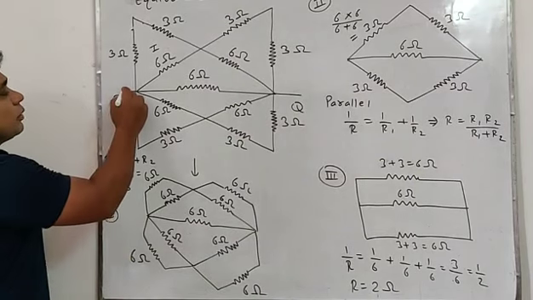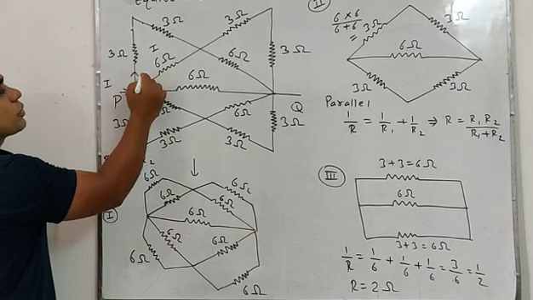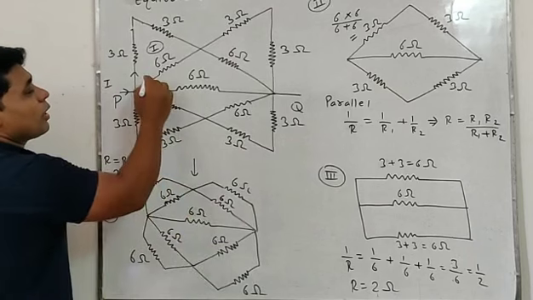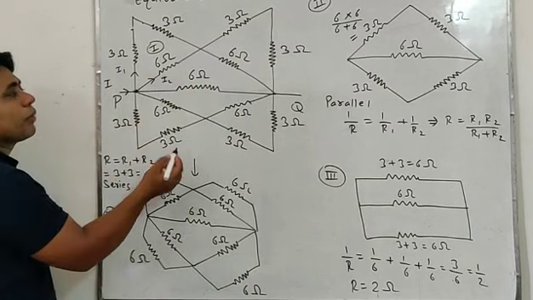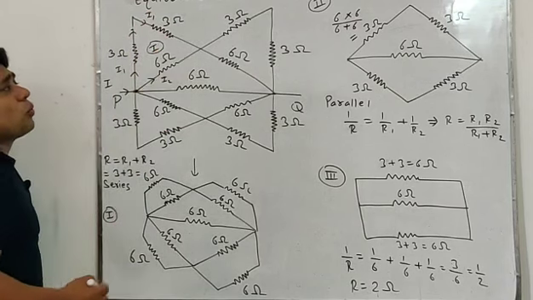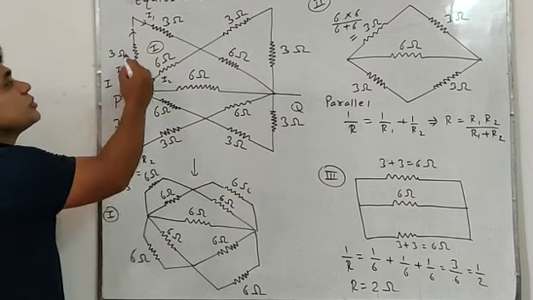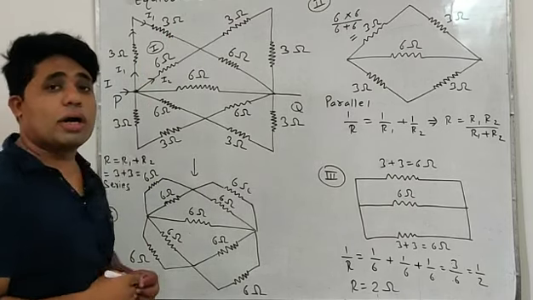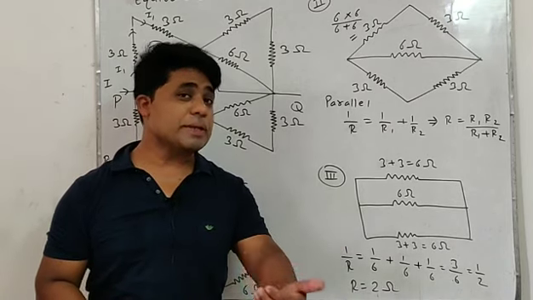Look students, when we flow current at this point, the current divides. Suppose this is our first circuit, we'll discuss only this first circuit. Current is basically divided into two parts, I1 and I2. I1 will flow through that resistance also. It means in these two resistances the same current is flowing, so these two are in series. When two resistances have the same current, both resistances should be in series combination.